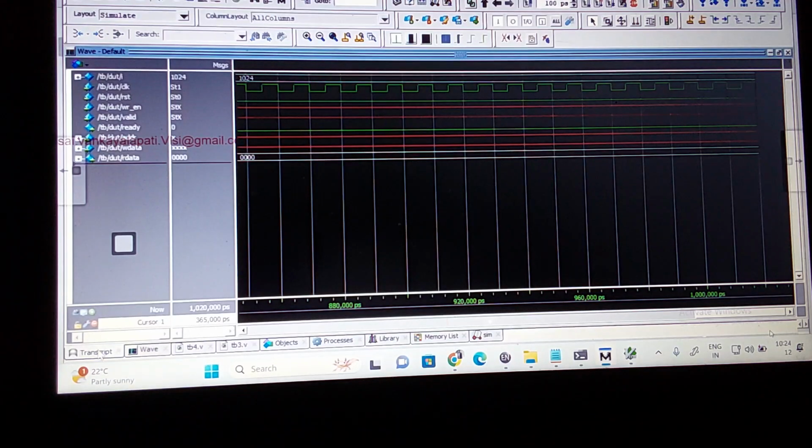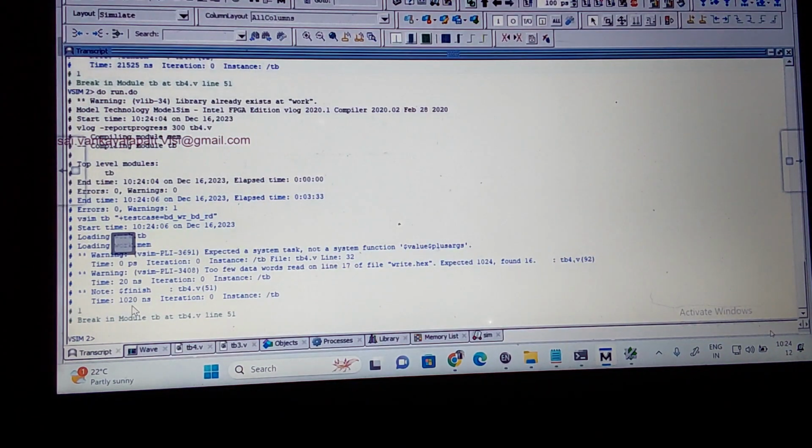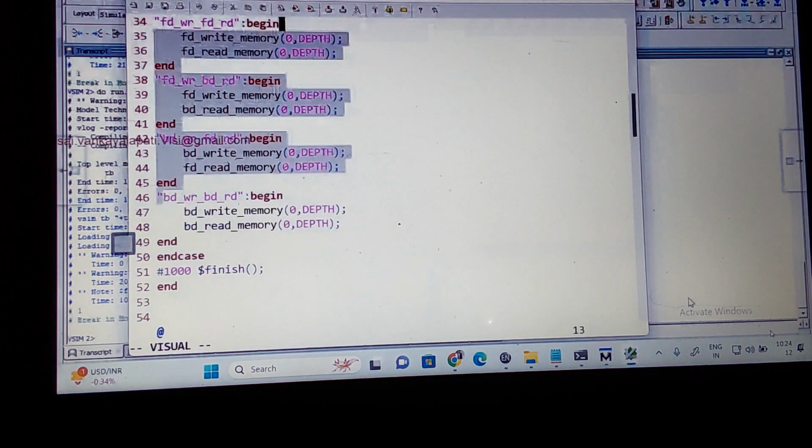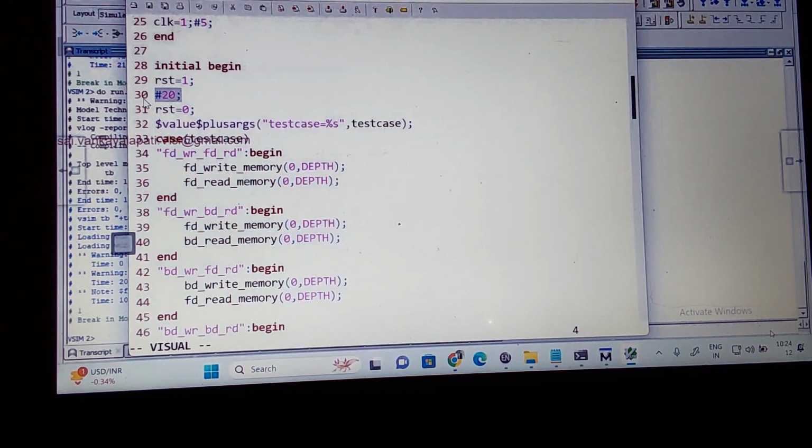So this is the simulation time I'm getting. How much simulation time I'm getting is 1020. What is this 1020? The backdoor simulation is done at zero simulation time. Correct? Why am I getting this 1020? This total 1020 is used where? In my test bench. For read, after reset, I'm giving 20. This is the simulation time I mentioned in my test bench. That is printing. Now here it is nothing but 1000.